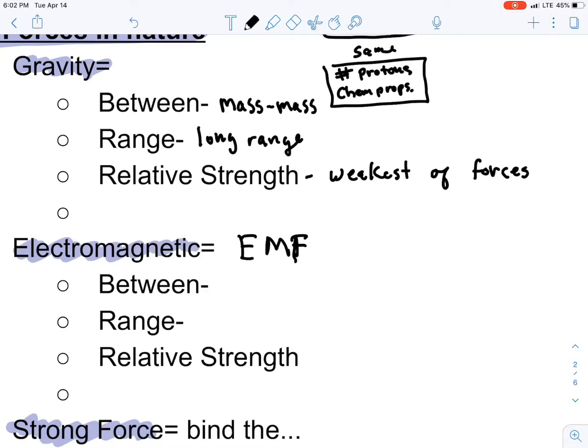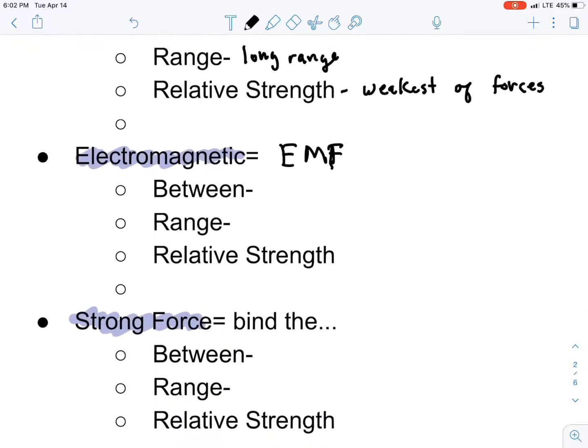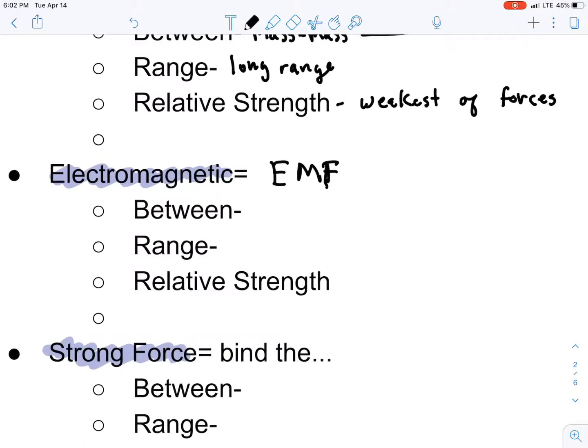All right, our next one. Electromagnetic forces are forces between the opposites, the opposite charges, the opposite sides of a magnet. Electromagnetic force, right? So it's the force that's between those opposites. All right, and it has a medium range,